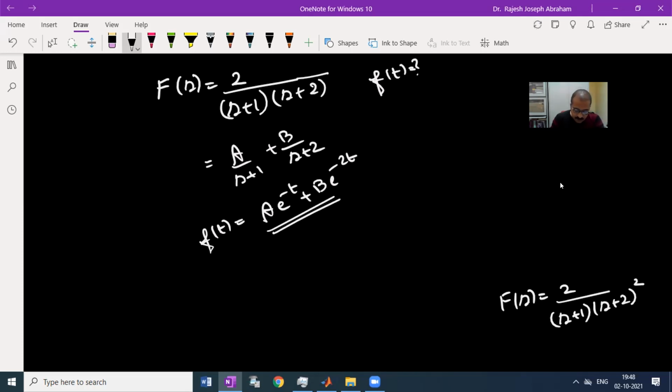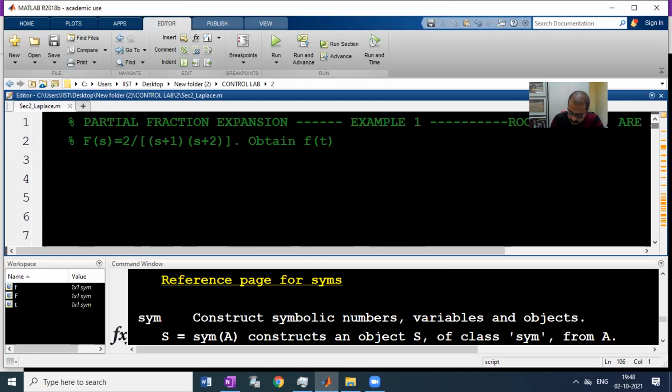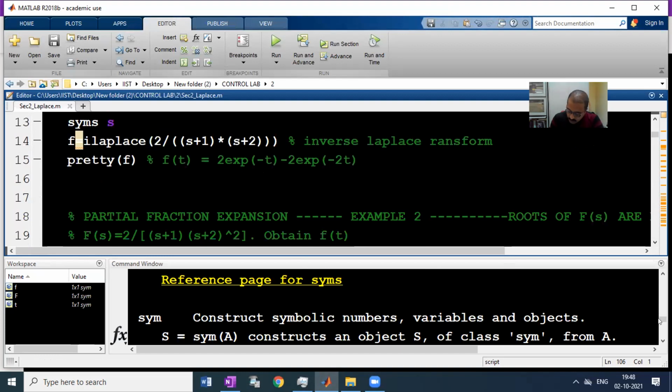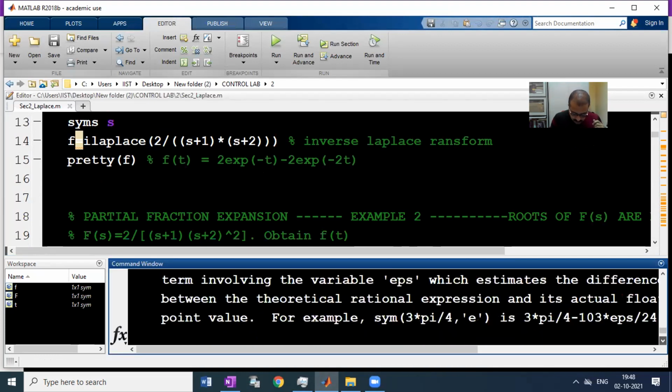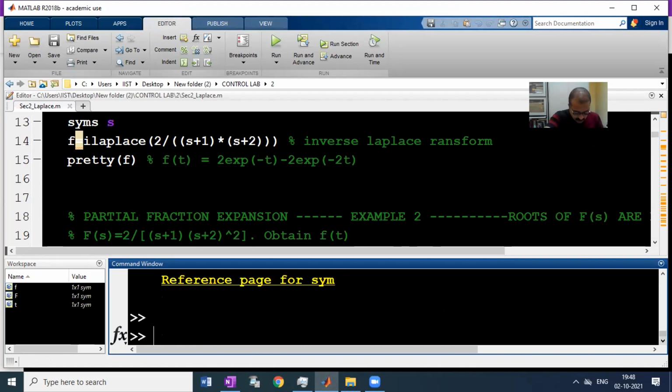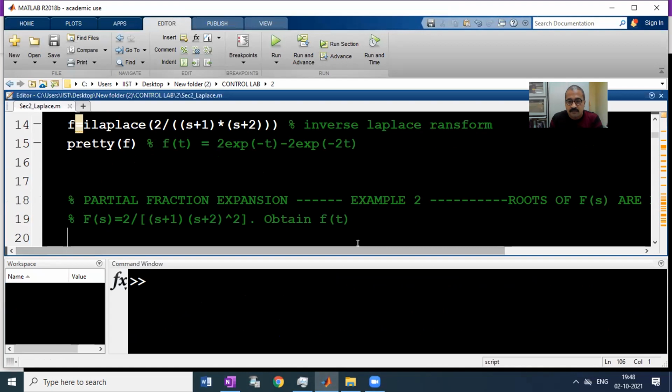Okay. So what we need to do is make sure that there is something called symbolic math toolbox. Okay. So we need to install what is called symbolic math toolbox. So how can we check whether it is installed or not?